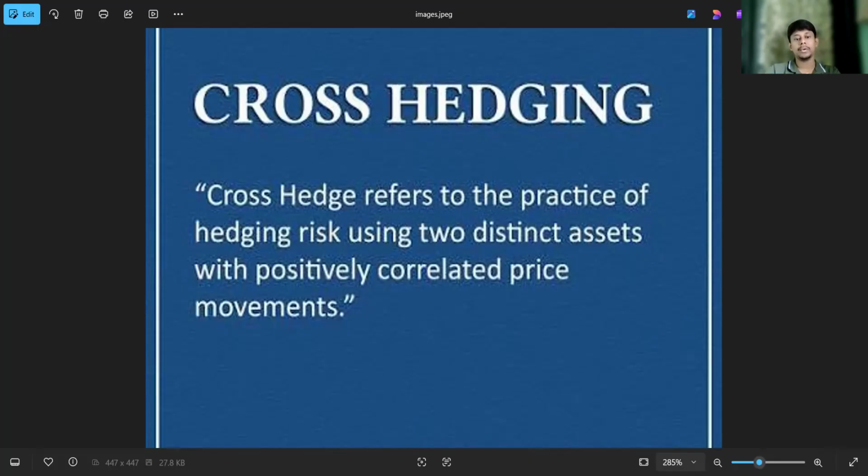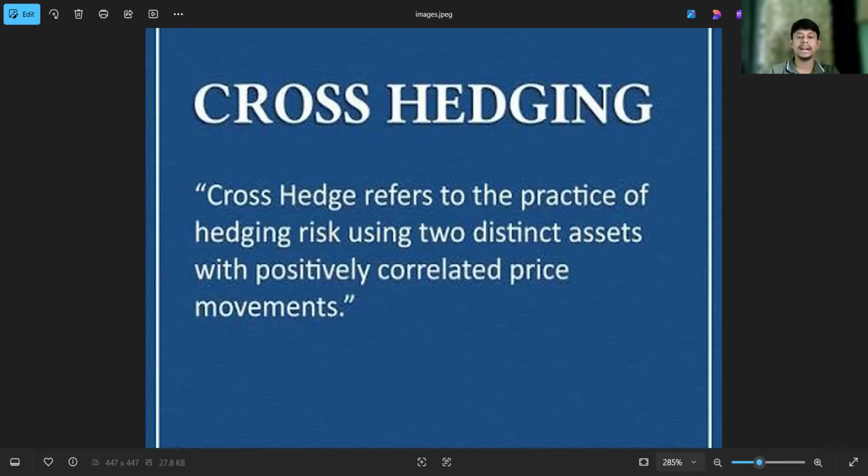And next we are going to discuss why anyone would do this instead of normal hedging. There are three main reasons. First reason is no direct market exists. There is no futures contract for my specific regional crop, or for jet fuel in my country. The market for the exact thing you want just is not there.